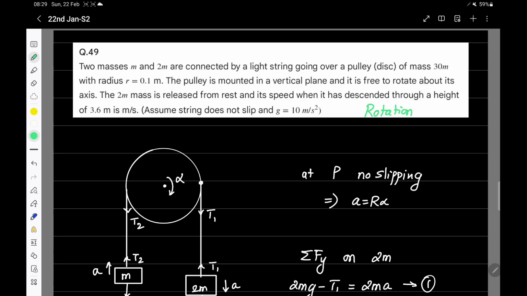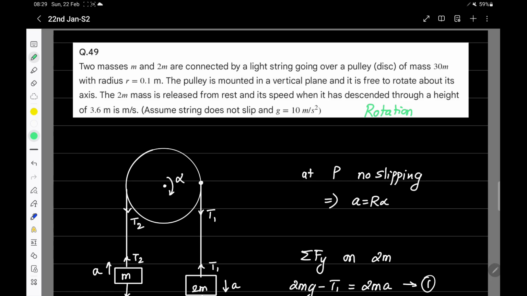is a disk of mass 30m and radius r is equal to 0.1 meter. The pulley is mounted on the vertical plane and is free to rotate about its axis. The 2m mass is released from rest and the speed when it descends through a height of 3.6 meter is something meter per second. We need to find what is the speed it will gain when it descends by a